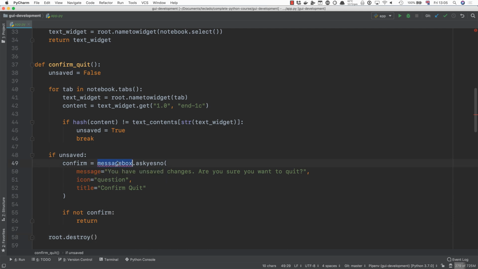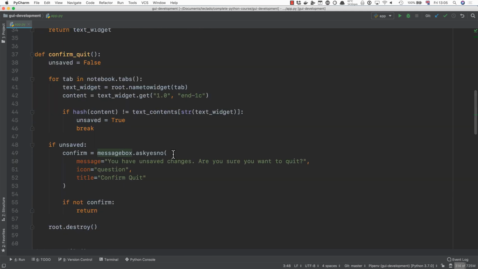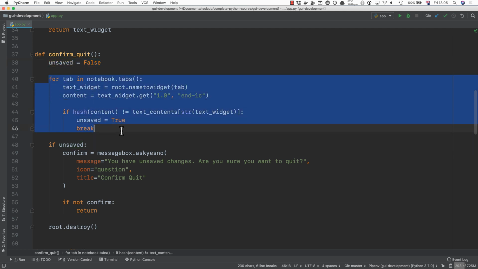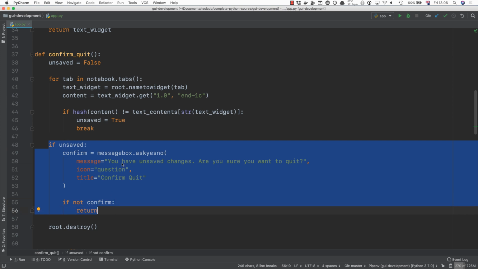Now, we do have to import messagebox, so go ahead and do that just from tkinter there. So what this is doing, just to review, is it's starting off as unsaved false, which means that all the files currently open are saved. Then it's going to cycle through all the tabs, getting the text widget, getting the content, and checking it against our text contents dictionary. If any of them don't match, that means there is at least one file that is unsaved. So we set unsaved to true, we break, and then if unsaved is true, then we ask the user